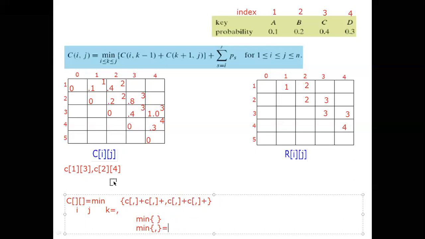Now clearly I have to see the first value, C of 1, 3. 1, 3 we have to calculate. I will write that value. Compared with the previous one, small differences are there. 1, 3. What is the k value? Already I told, the k value is showing I to j. That is the meaning. This one, i less than or equal to k less than or equal to j.